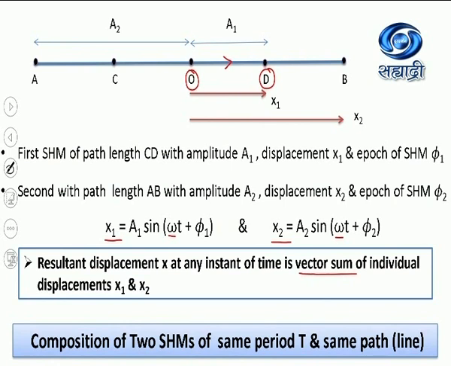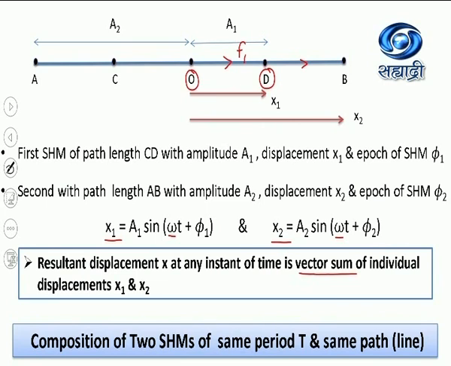The moment the particle reaches D, it covers the maximum displacement, which is equal to the amplitude. Actually, it has to come back to its equilibrium position under the action of restoring force F1. But as the particle is subjected to one more SHM, it continues its journey towards the positive extreme position for the second SHM. That's why it continues to move from D to B.